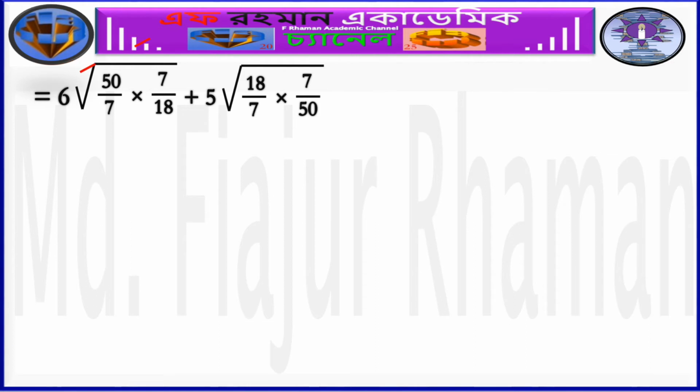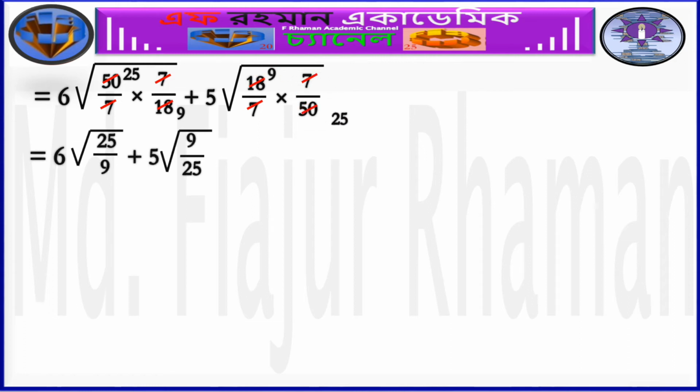7 and 7 should be cancelled out. There is a common factor 2 between 50 and 18. That's why you can write 25 here and 9 here. 7 and 7 should be cancelled out. There is a common factor 2 between 50 and 18. That's why you can write 9 here and 25 here, is equal to 6 into square root of 25 by 9